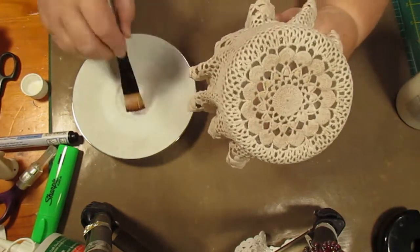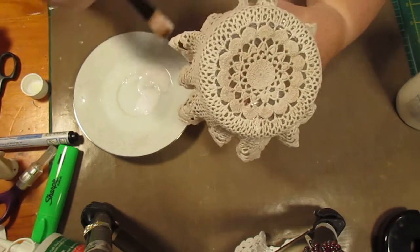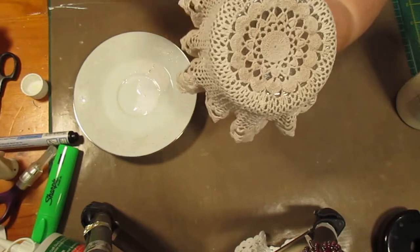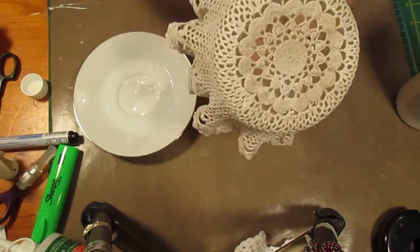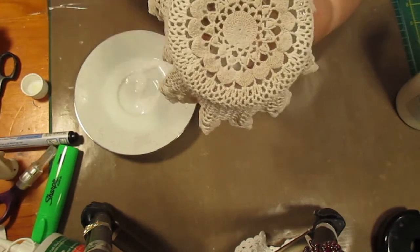Now I'm going to just make sure this has got stiffy all the way around the edge of it because I don't want anything to be a bit on the baggy side. You want it to be stiff and really nice all the way around. Now if it only takes 45 minutes to dry, I can't see why I can't do it with a